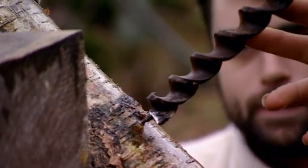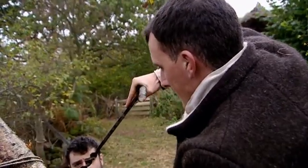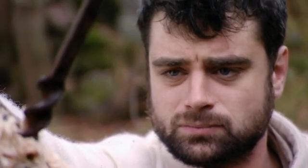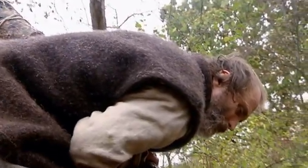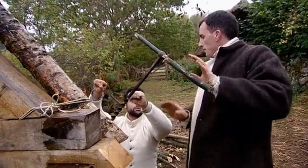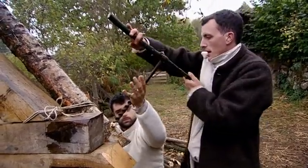Roughly perpendicular to the actual... No, you'll need to... a bit shallower, yeah? That'll come out here. All right, I need to be like that? Yeah. OK. Looking at where you are, you want to drop in to about there. That's it, it's biting now. Certainly is hard work, this sort of stuff. I've just got to look at that angle. Right, are we starting to drift towards the edge there? You want to keep your pressure, because you're below it, you'll pull it down slightly, so you want to keep the pressure up. Right. So it's coming more this way. So I'm trying not to actually push it now, I'm trying to just let it...